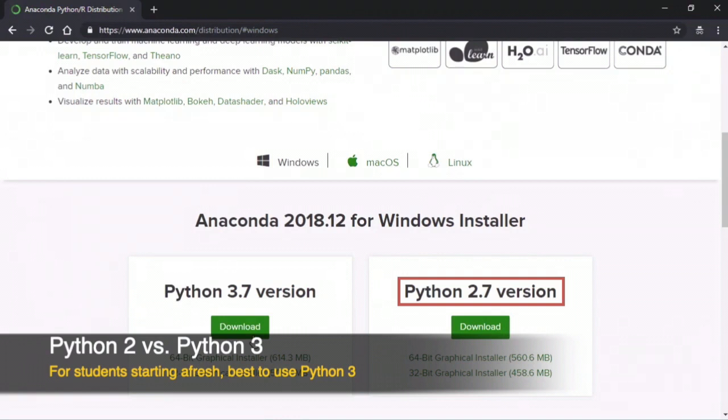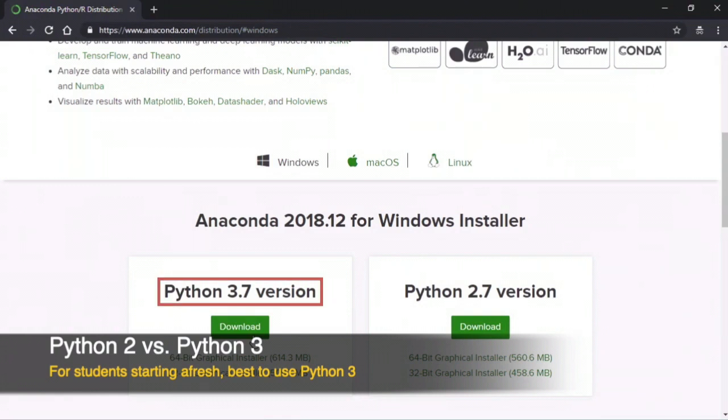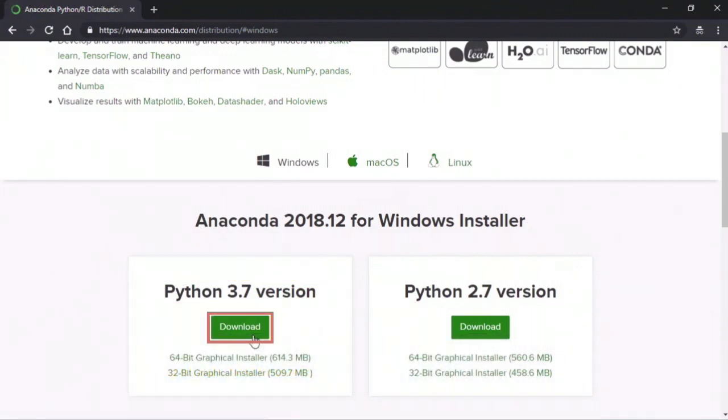There is no difference in the fundamental programming concepts and the language itself between the two versions, but there are many subtle differences that can trip up a new programmer. If you're starting afresh and you have no old code to deal with, you should start with Python 3. That is the Python version that will be supported in the future, and all new projects use Python 3. All of the programs that we'll write in this course and on other courses in this path will use Python 3. With this in mind, let's go ahead and select the download button here for Python 3.7. This is the latest version of Python at the time of this recording.